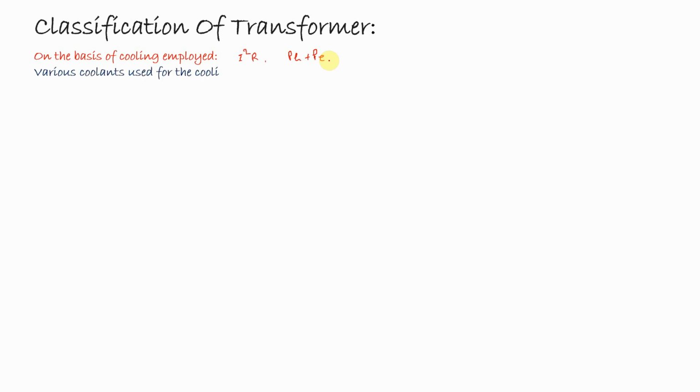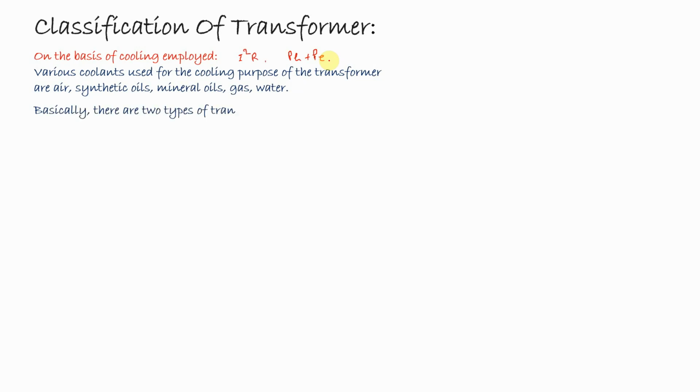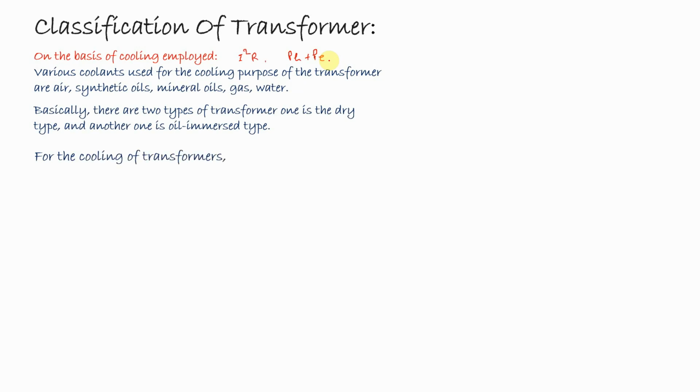Various coolants are used for cooling the transformer, like air, synthetic oil, mineral oil, gas, and water. These are the coolants used to dissipate the heat of the transformer. Basically, there are two types of transformers depending upon their cooling. One is called the dry type, another is called the oil immersed type. For the cooling of the transformer, the following methods are used,